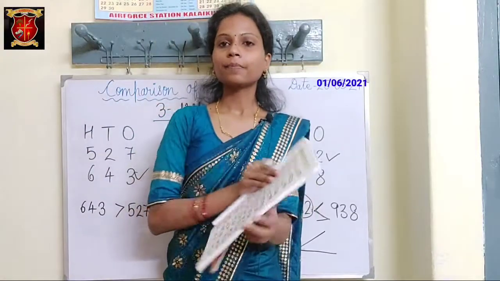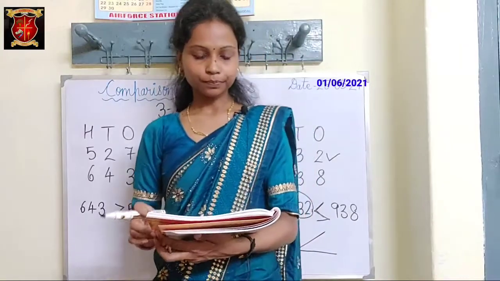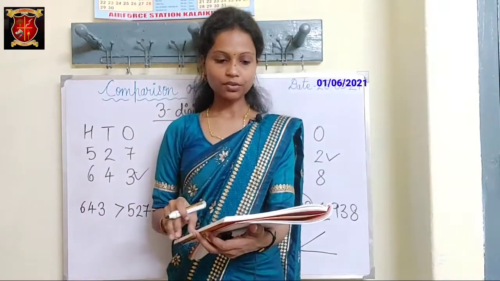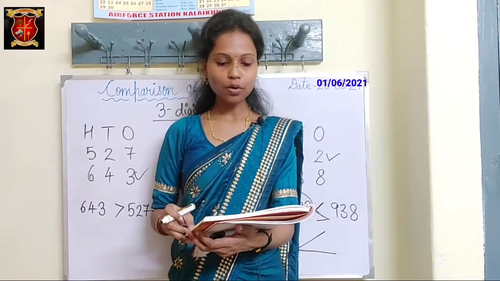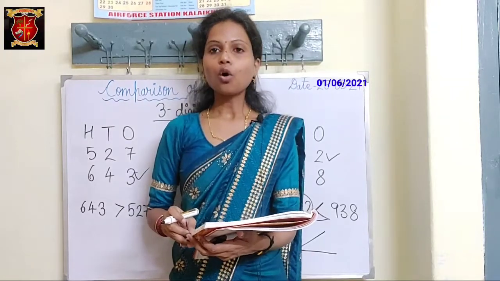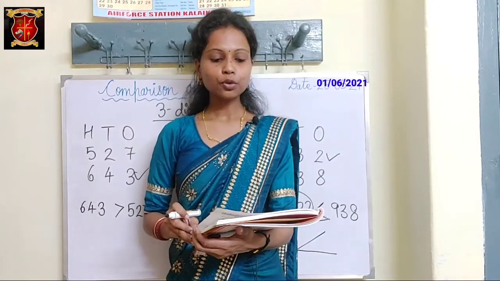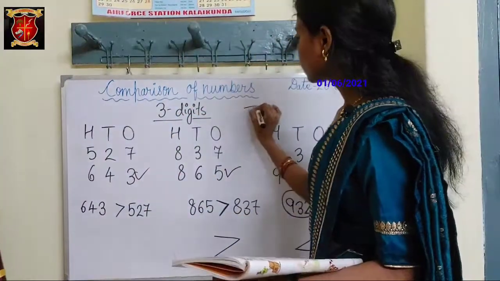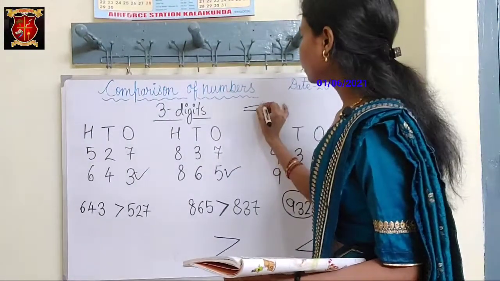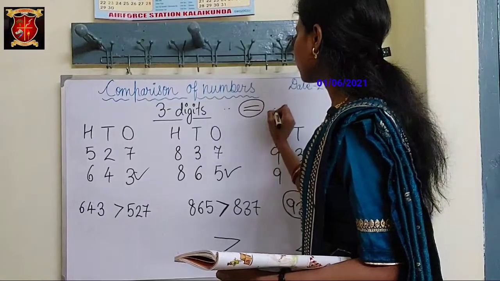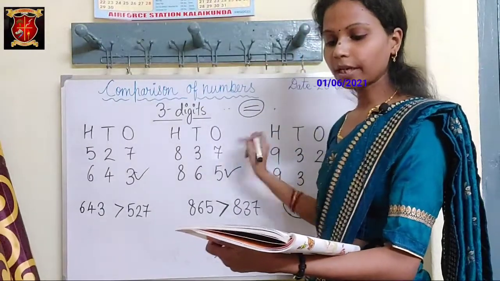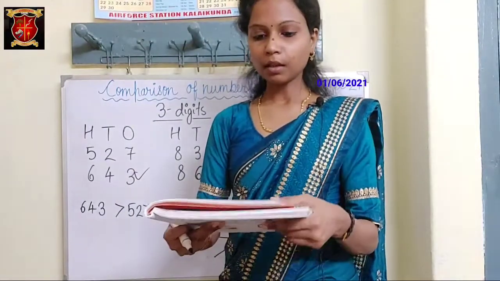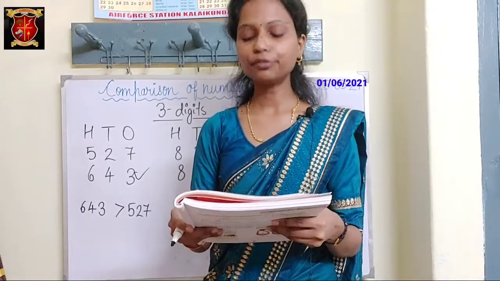Find out the greater number and the smallest number. So now your homework is on page number 43. I will read the question. Compare orally and use greater than, less than, or equal to make correct sentences. Okay, so one more symbol we will use. This is equal to. Equal to means when both the numbers are the same, we use equal to. So do it in your book, page number 43.